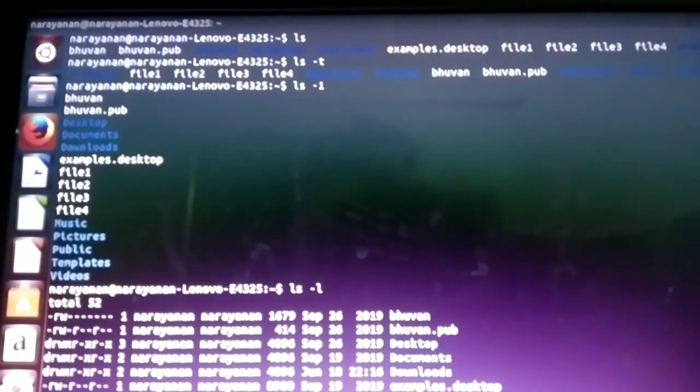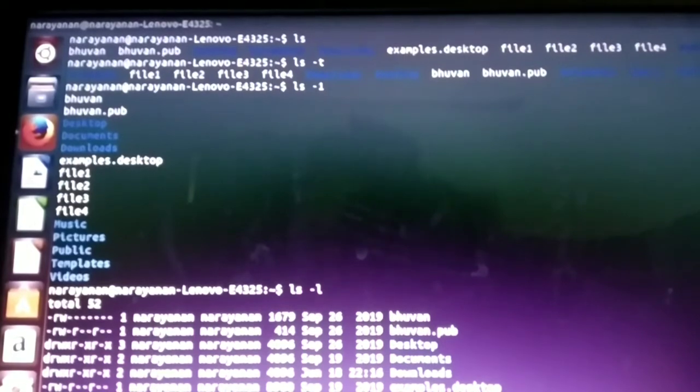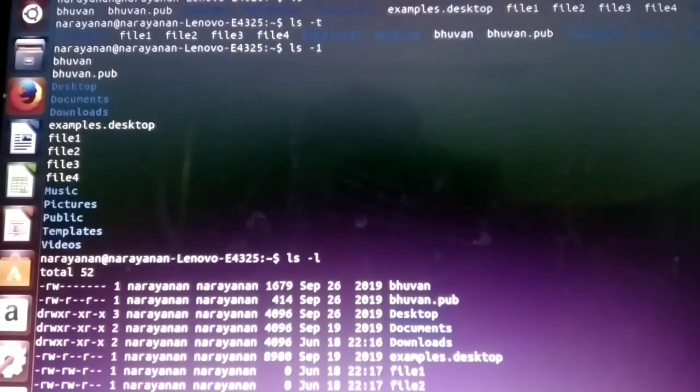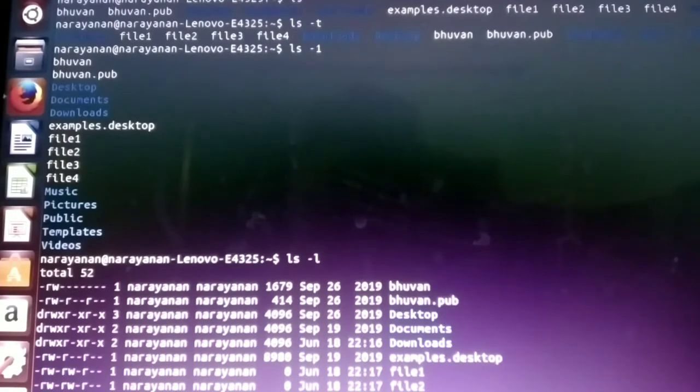And to display all information about a particular file, if we want to know about the particular file's permissions and its access time, all those things, we have to use the ls space -l command. The ls -l command displays all the details. We can see in this place, in the first line, rw, first one dash rw, and the remaining things are all dashes.